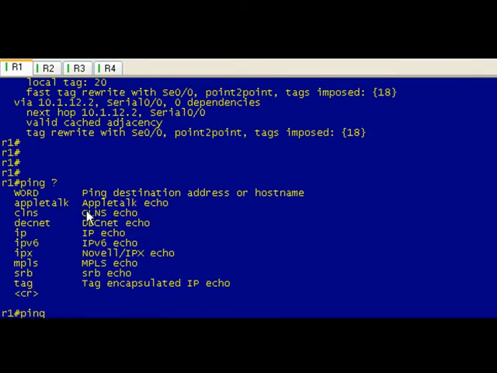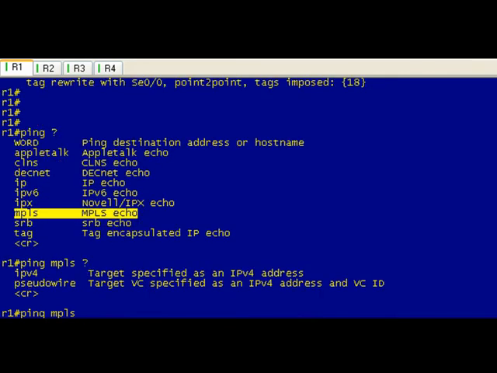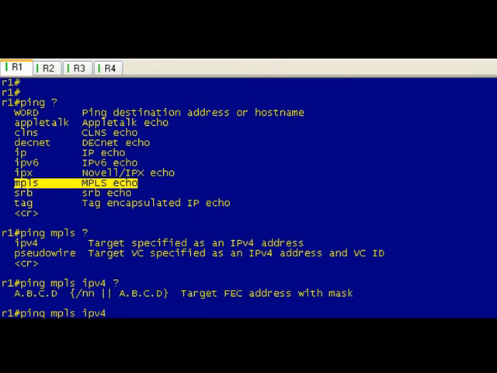Now you can ping, and it's one of the protocols. You can send an MPLS echo. So let's see what we have to do here. Pseudo wire, that's something we won't go into today, but we're doing an IPv4. We're just doing a basic frame MPLS here. And we're going to go ahead and do